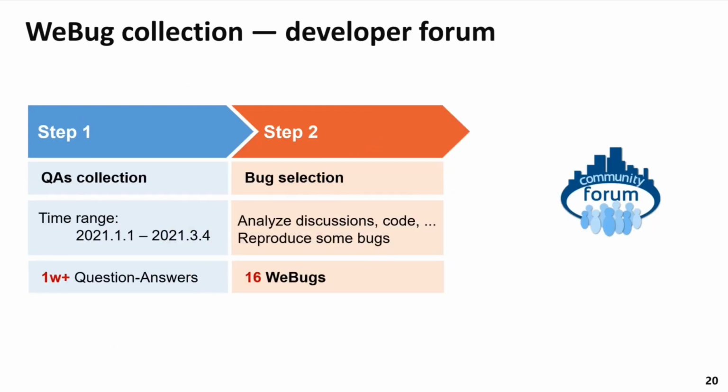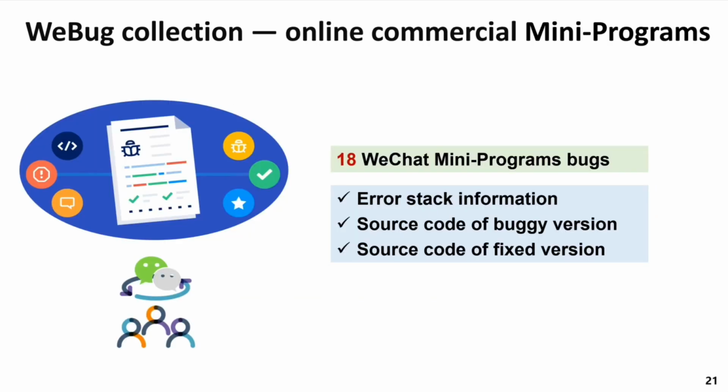We analyzed 3 months of questions and answers on the forum. We read the discussion and code and reproduced some bugs, and finally obtained 16 V-Bugs from the developer forum. The partner company provides 18 bugs that occurred in online commercial mini programs. We analyzed these V-Bugs by investigating the error stack information and source code of the buggy version and the fixed